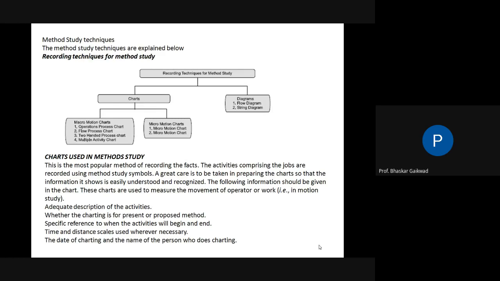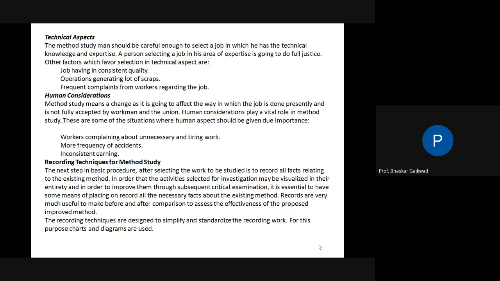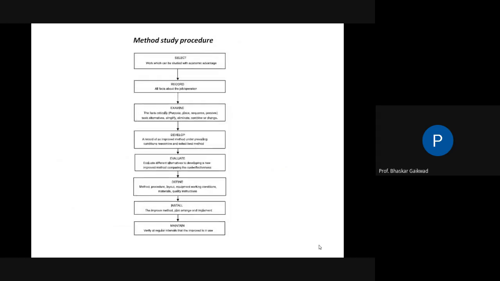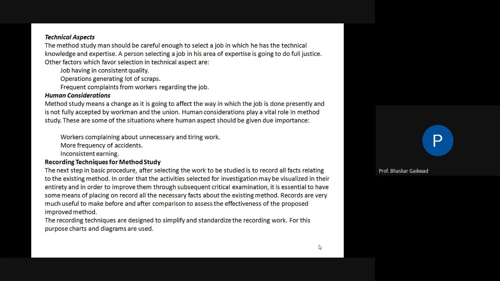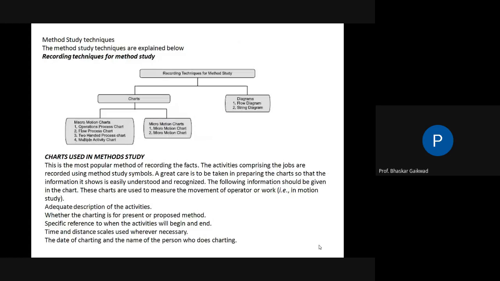Okay, so this is about the recording techniques for method study. Step by step, we have gone through this. First point, select. Second point is recording. While selecting the jobs, which points you have to remember, then after this, the recording techniques for method study. So up to here, it is clear. Anybody having any problems, you can ask. Method study,